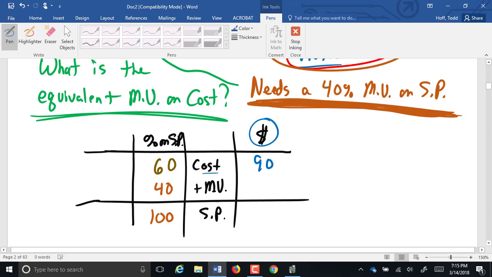Pick anyone, but not that one. So now we can figure out, from what we have here, the amount of the markup if we wanted to. That would be 40 times 90 divided by 60, which would be